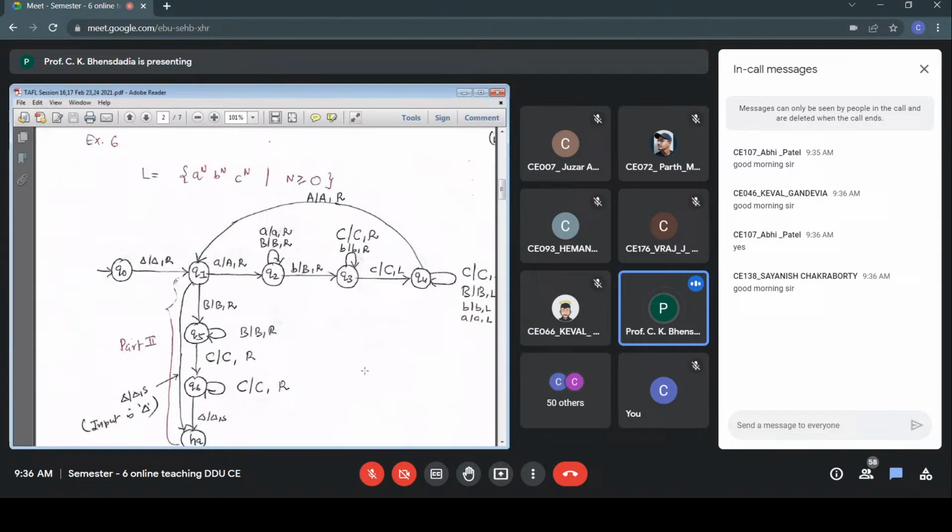Q1, Q2, Q3, Q4. So we count 1A, 1B, 1C at a time. We match 1A, 1B, 1C at a time. And once we have everything in capitals, it means my input is of the form a raised to n, b raised to n, c raised to n. So from Q1 to Q5, we check that no additional b's and c's are present. For example, 2a's, 2b's, 2c's. So we have converted all of them into capital letters. From Q1 to Q5,